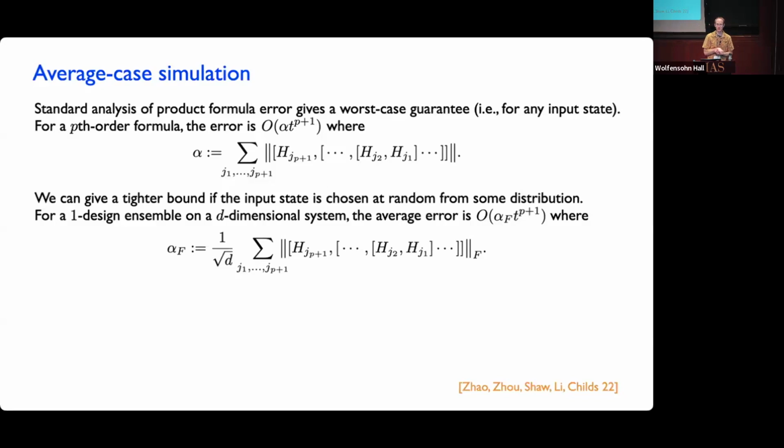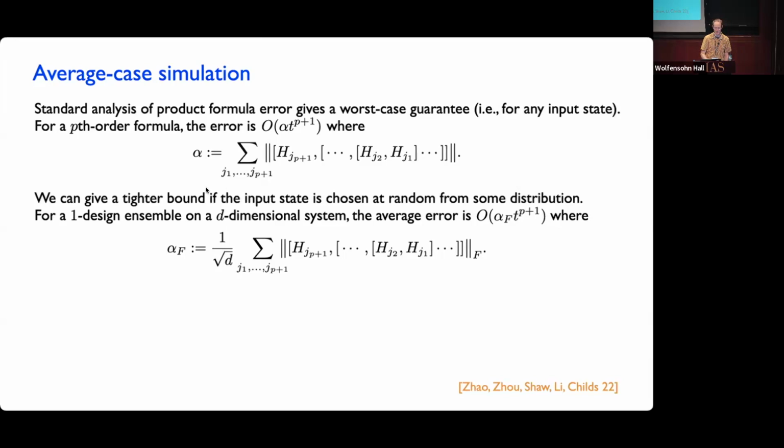So if we choose the initial state from a one design, then you can show that the error in this pth order product formula approximation will scale like a very similar quantity, where again you have this alpha, but it's what I'm calling alpha F. F, I guess, is for Frobenius, because this coefficient that describes the error is going to be exactly the same thing, but where instead of taking the spectral norms of these operators, you take the Frobenius norm, and now you get to divide by 1 over the square root of the dimension of the system. So this is something exponentially big, but it's not really for free, because the Frobenius norm can actually be bigger as well.